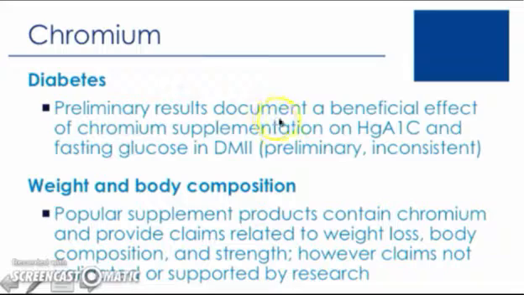So chromium supplementation had a beneficial effect on the hemoglobin A1C levels, as well as fasting glucose in individuals with type 2 diabetes. So this is promising. It is preliminary evidence, and there have been some studies with conflicting results, so some inconsistent results. However, we do see some preliminary evidence of this beneficial role of chromium supplementation on blood glucose regulation and hemoglobin